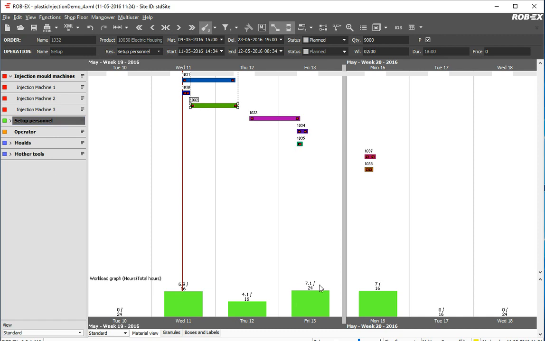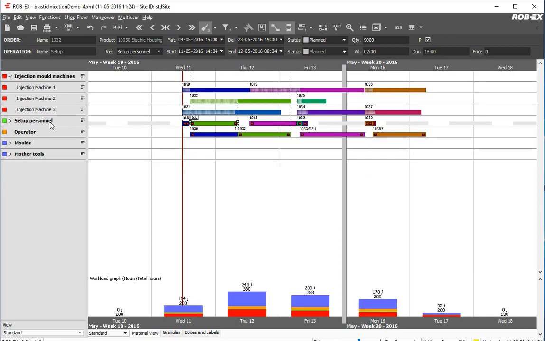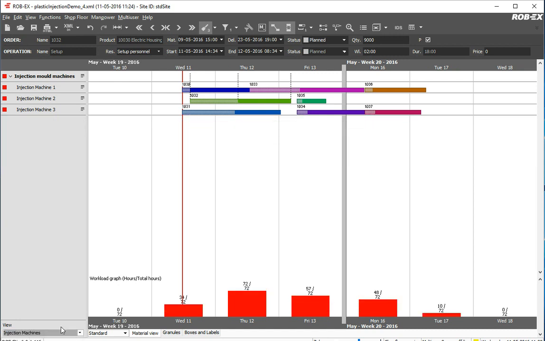So I can see here what is the load actually on a certain group of resources. But very often I would now switch to just the injection machine view, and that I am changing down here at the bottom. So I'm basically just concentrating on my machines, and the system will keep track of all the other